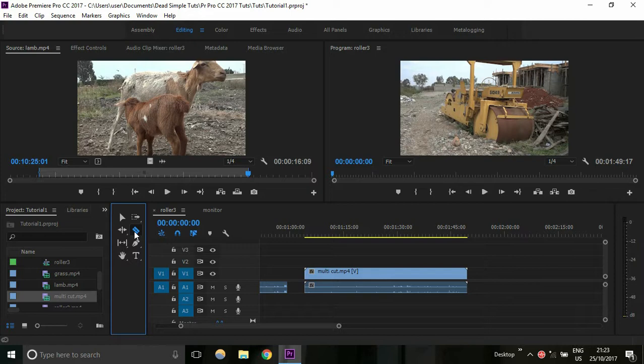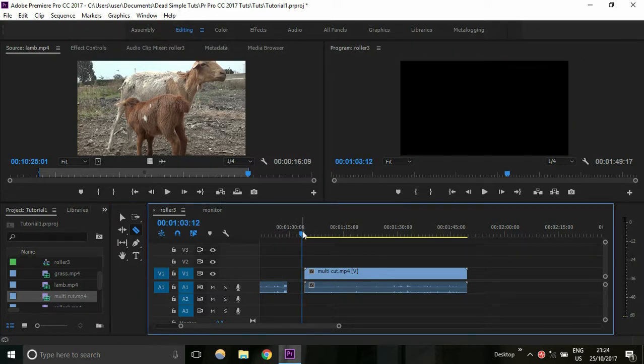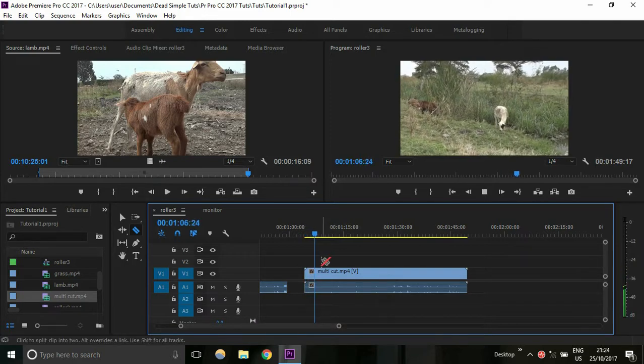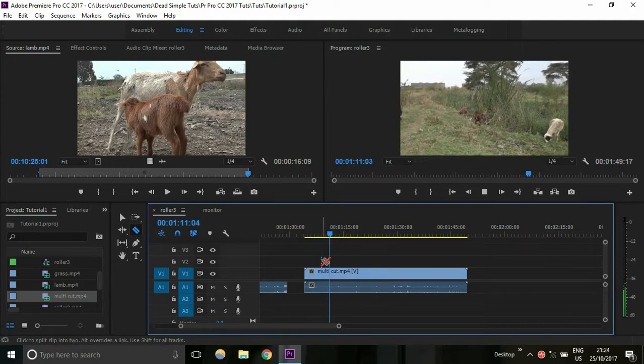At this point, it is important to note that the left screen is to preview the imported clips, while the right window is to preview the timeline footage. Play your footage up to the appropriate area you would like to cut, and to be even more particular,